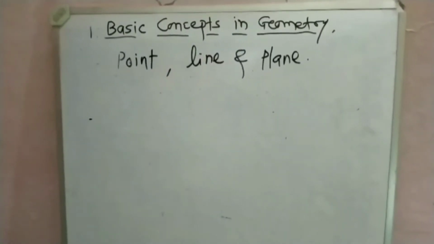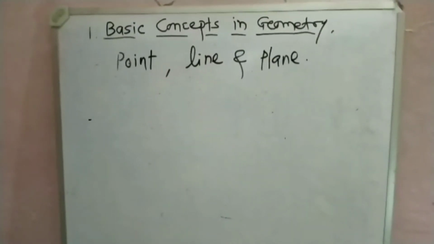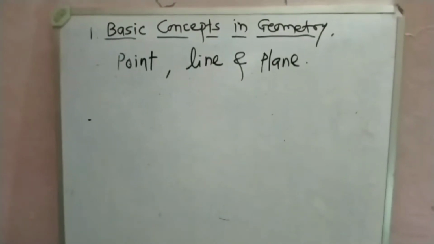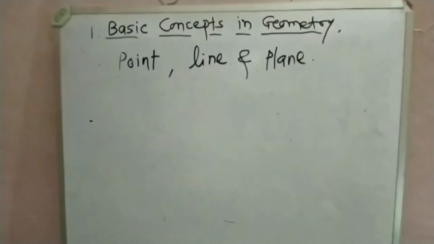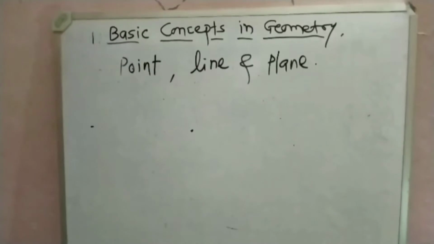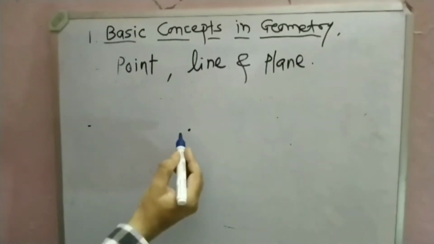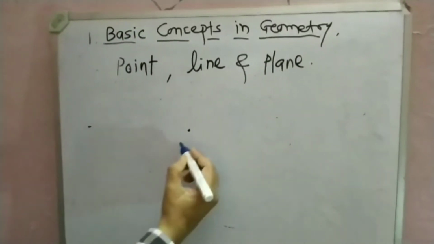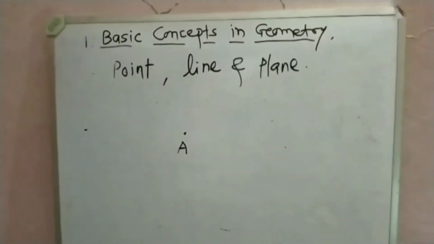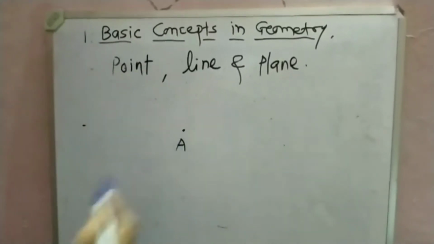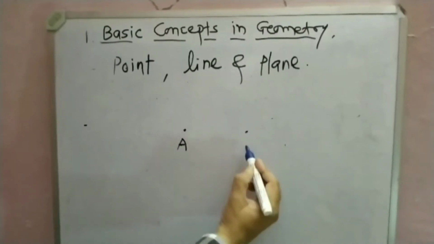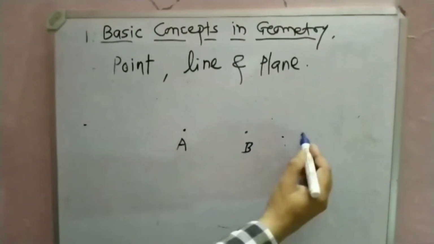We do not give any definition of these concepts, but only we understood what is a point. When we put a pen on paper, we get a figure that is called a point, and we indicate it with any letter A to Z. This figure is called point A. In this way, this figure is called point B, etc.